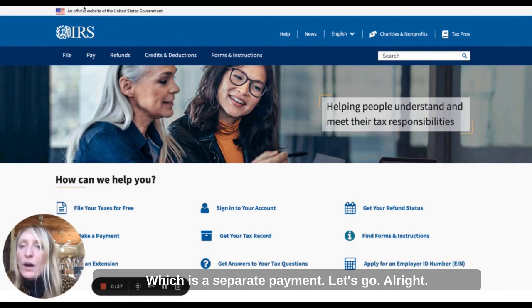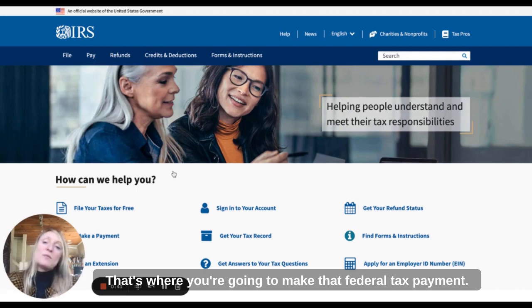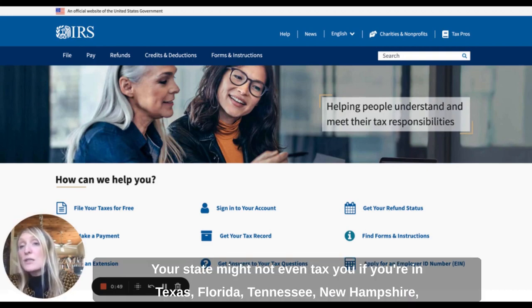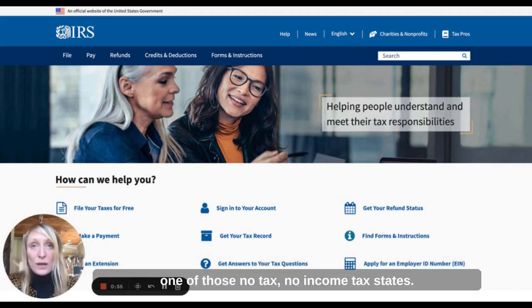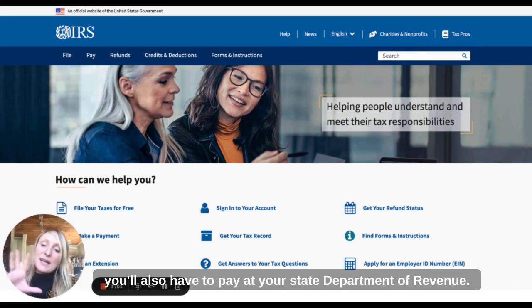Let's go. All right, first you want to make sure you are at irs.gov. That's where you're going to make that federal tax payment. Remember, there's also a state tax payment that you probably have due. All of you are in different states. Your state might not even tax you if you're in Texas, Florida, Tennessee, New Hampshire, one of those no income tax states. But assuming you're not in one of those states, you'll also have to pay at your state Department